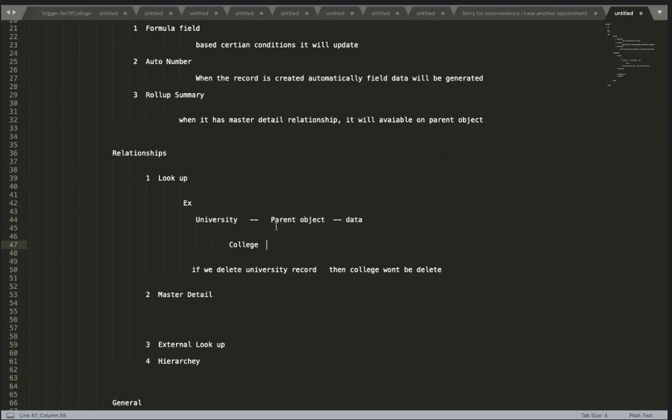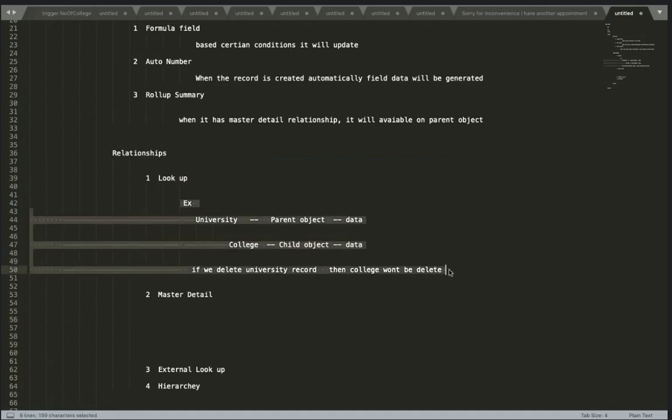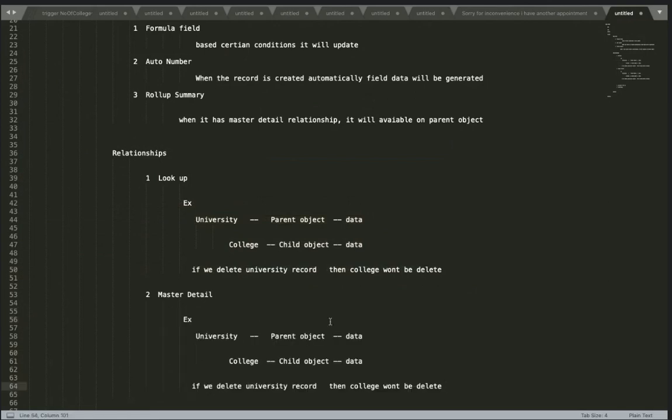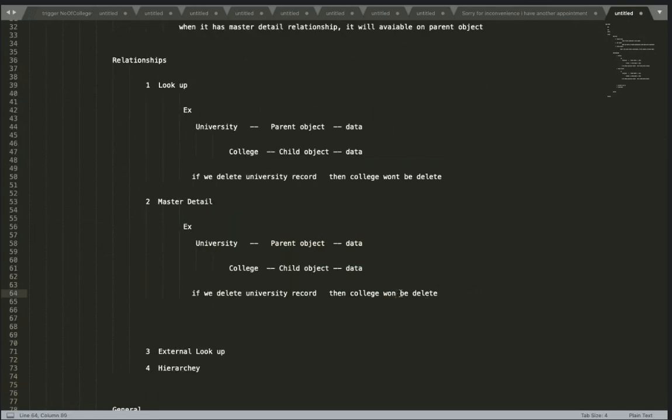Again, same, under this object you have a child object. It contains the data. Both are having a relationship, I mean connected to each other. If you delete the parent record, child data won't be deleted. That we can do from the lookup. Whereas, same example, if you do that, child will automatically be deleted if the parent is deleted. Clear the difference between lookup and master?